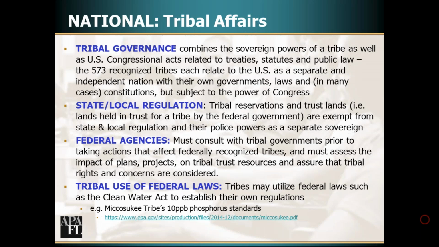State and local regulation of tribes. Tribal reservations and their trust lands, i.e. those lands that are held in trust for a tribe by the federal government, are exempt from state and local regulation and the state and local government's police powers because they're a separate sovereign. Okay?